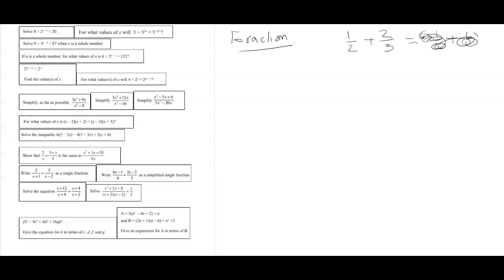So what I'm going to do, I'll multiply this by 3, and that'll be 3/6, which is equivalent to a half, and that one will be 4/6, which is 2/3. So nothing changes, but one of the things we have